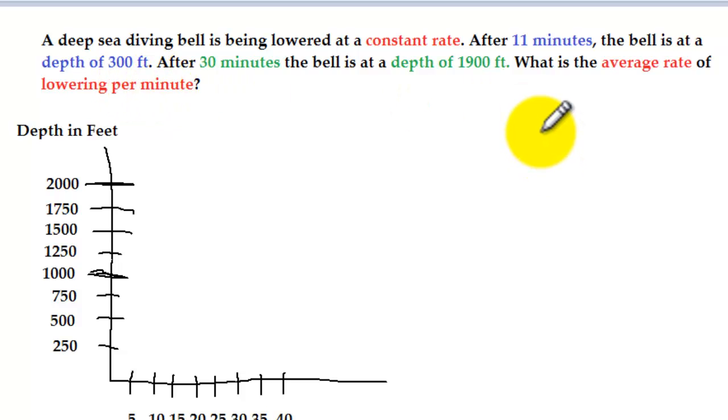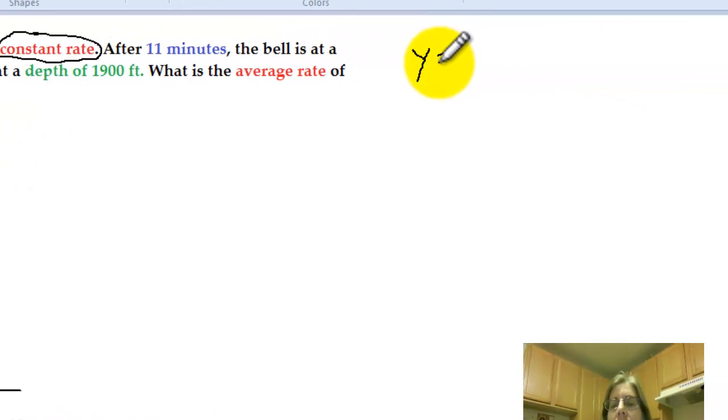So to set up this problem, we have to put the clues together. And one of them is it's telling us there's a constant rate. When there is a constant rate, and if you know your formula, y equals mx plus b, the slope is a rate. Every time that we're